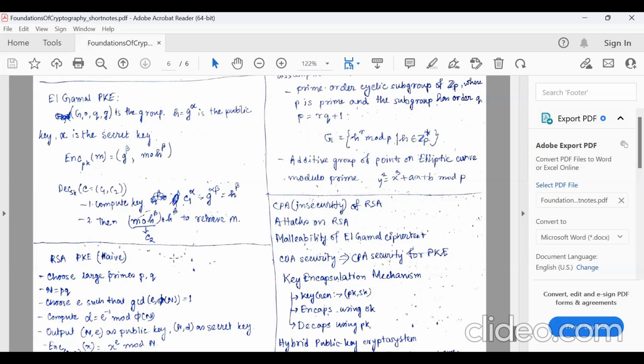The second component is computed as m dot h to the power beta, where dot is the group operation and h is the public key. So h to the power beta is nothing but g to the power alpha beta. That is the common key that they want